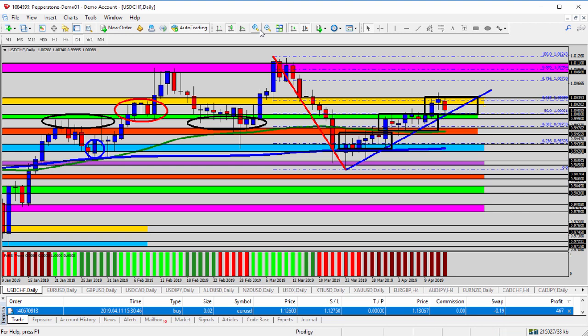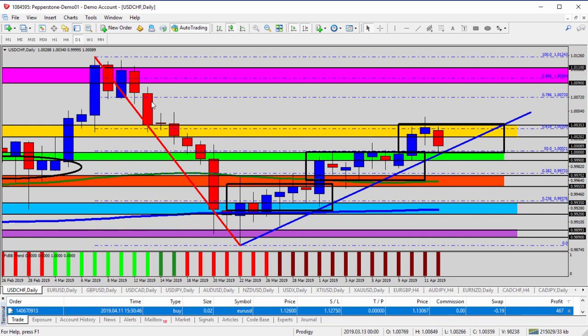is support into the green shaded area and above the rising blue trend line here on the dollar franc. Let's go ahead and zoom in one more time. I've also taken Fibonacci here on the chart from the top of the red trend line to the bottom. Some interesting things about Fibonacci here: the 0.382 Fibonacci retracement level of the red trend line was down here at 0.9973, just above the orange shaded area and the 100 period moving average, that middle black box. And the 50% retracement level lives at 1.0,